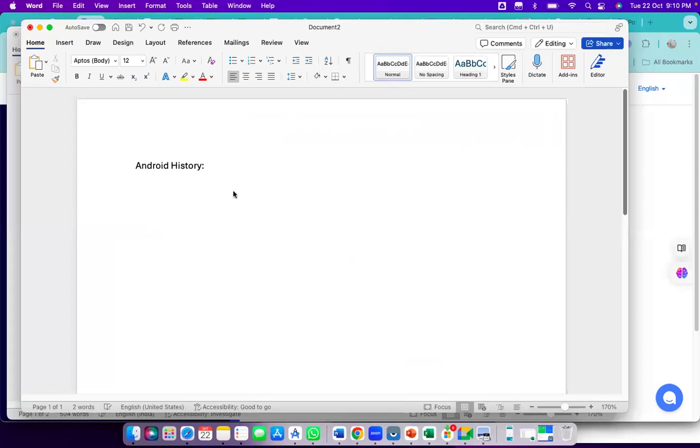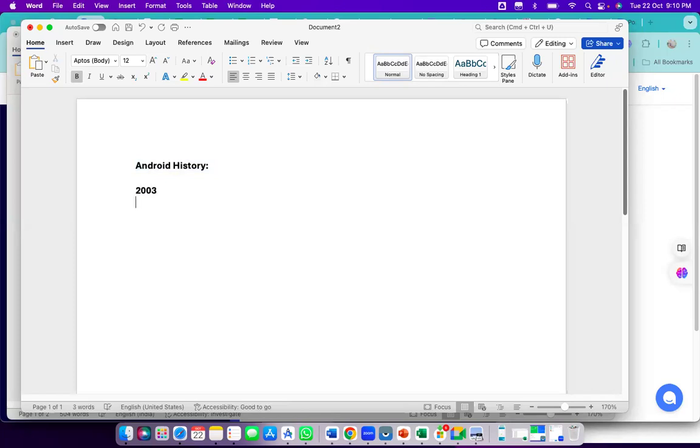Yeah. So now we will see the Android history: how Android started and what steps it went through. First, this Android history started as R&D in 2003. From 2003, the process started. So the first step here